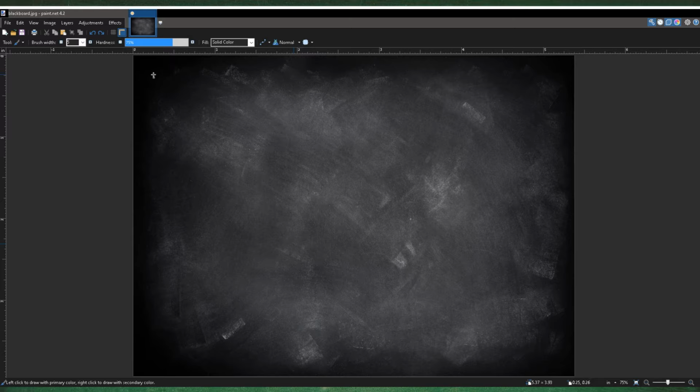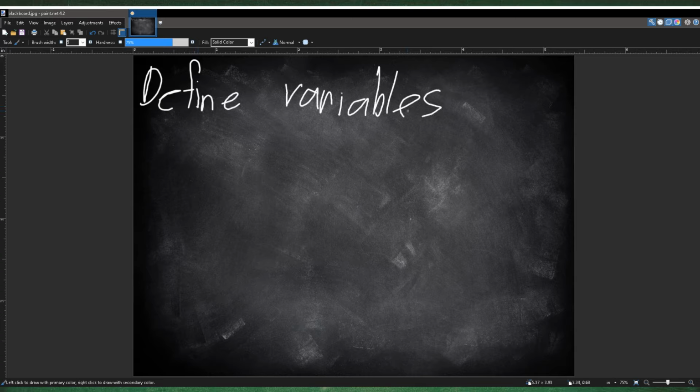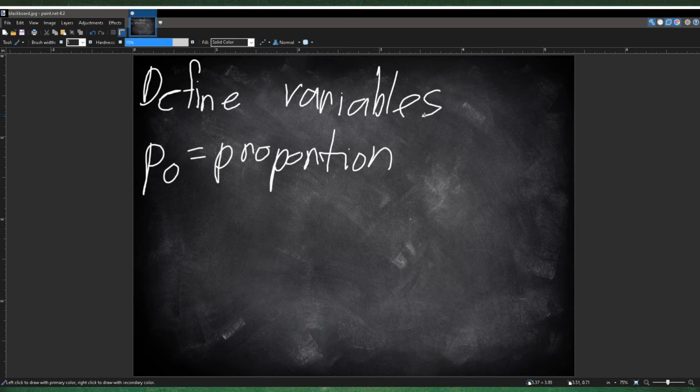The next thing you all want to write is you have to define your variables. Sometimes you don't have to do this, but usually I do because you want to know what you're going to be using and you don't want to get confused about what variables you're going to be using. So P0 is the proportion, because you're working with the z-test, proportion claimed